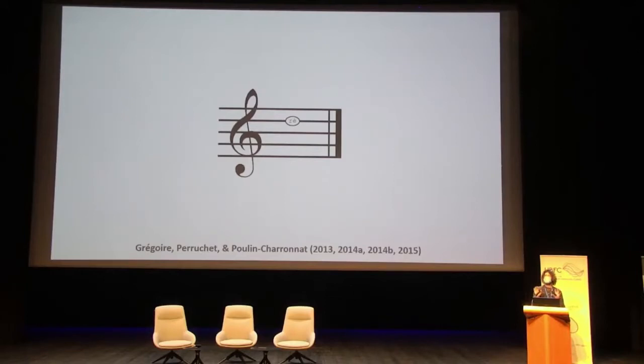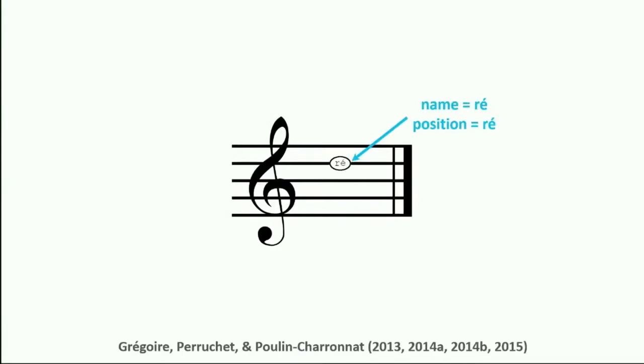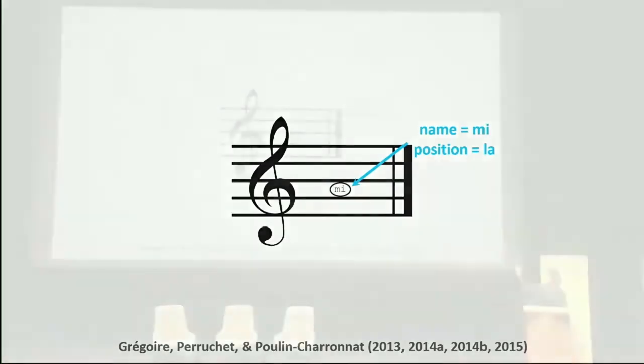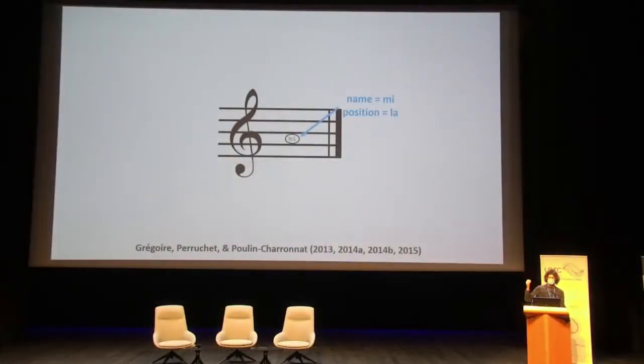I'm not sure how good everyone's sight reading is, but this is an example of a congruent trial because the meaning of the position of the note and the note name written inside of it actually match. So that's the note position for Ré, and written inside of it is indeed Ré. Here is an example of an incongruent trial where the meaning of the note position and the name written inside of it mismatch. So that's actually the note position for La, but written inside of it is Mi. So you have to not say La and instead say Mi. So there is an information conflict.